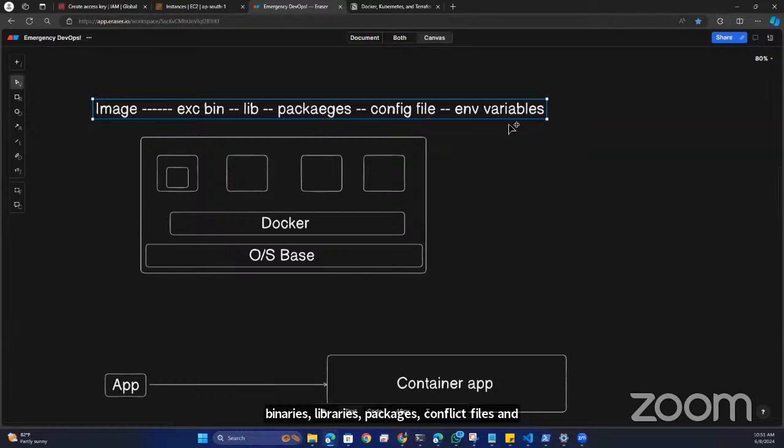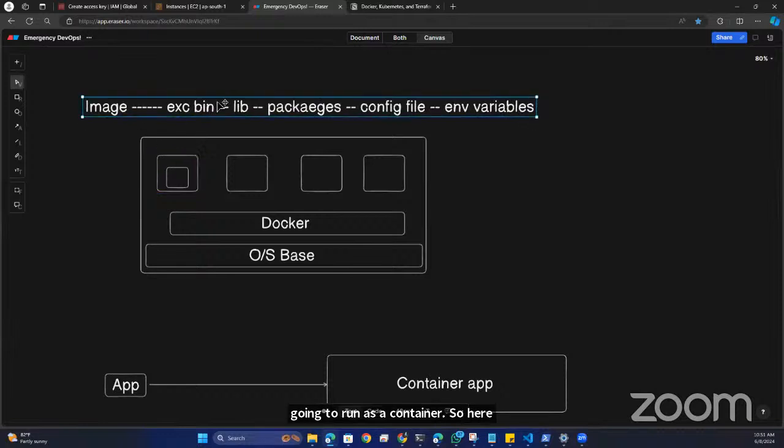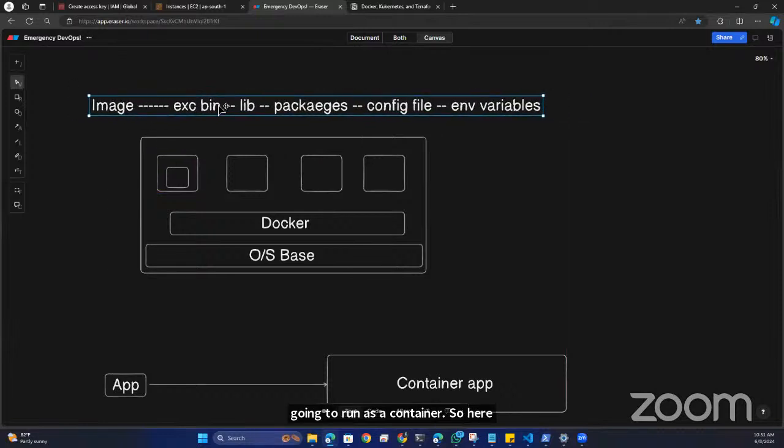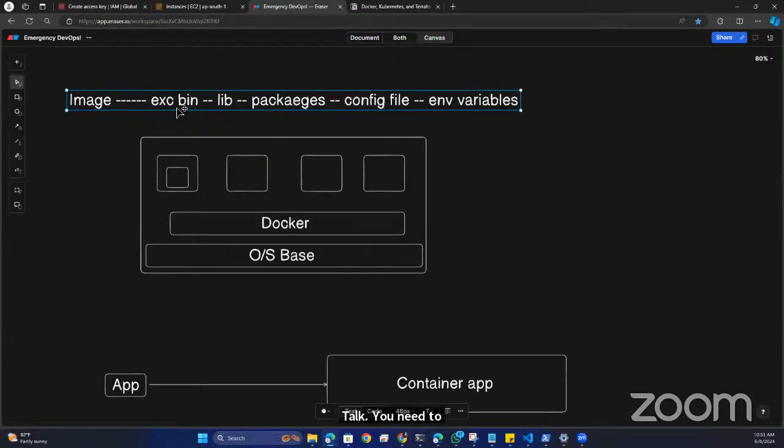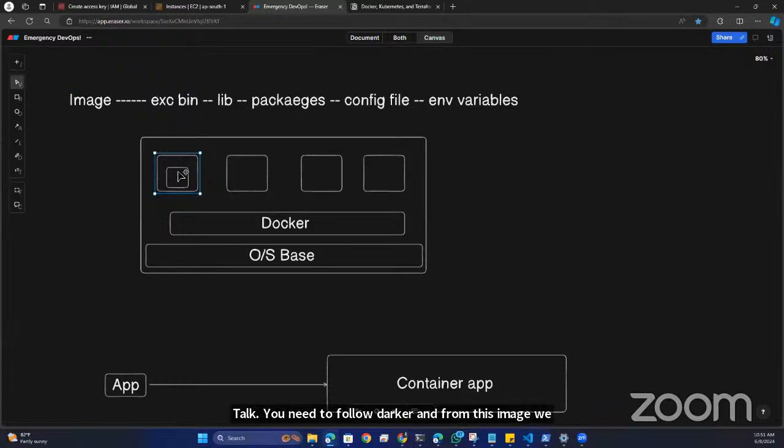This image is going to run as a container. So to convert this image, we need to follow Docker, and to run it as a container from this image, we follow the Docker process. When my container is running here, it is nothing but a server, a logical server, not a physical one. Inside this logical server, my container will run